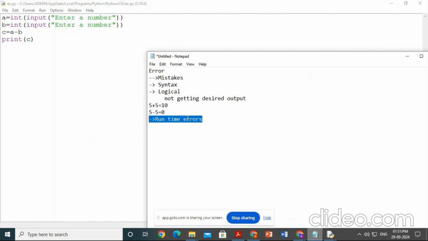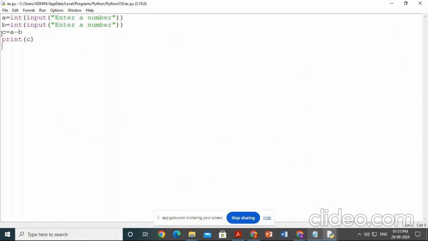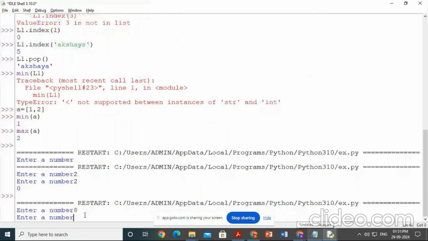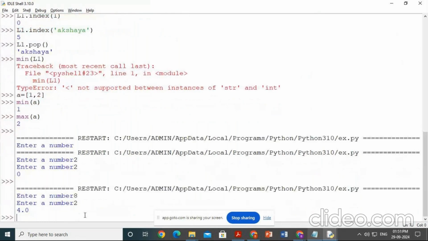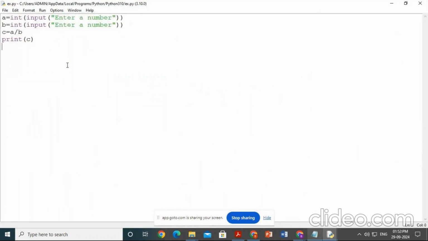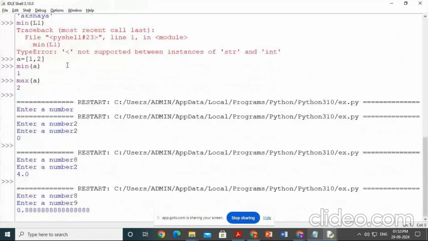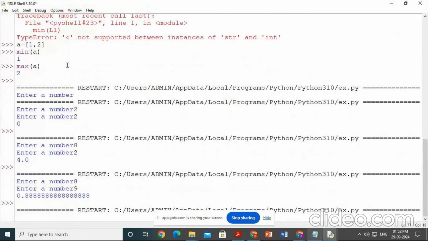Why does this error occur? Let us see with an example. With the same example, I give C equals A divided by B. I'm running the code. For the first number I'm typing 8, for the second number I'm typing 2. So 8 divided by 2 is 4.0, no issues. Again, when I give 8 and 0,